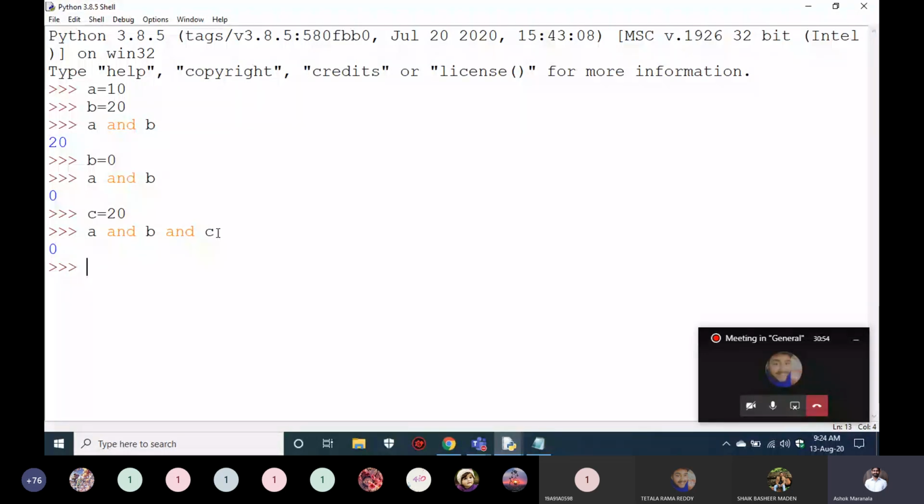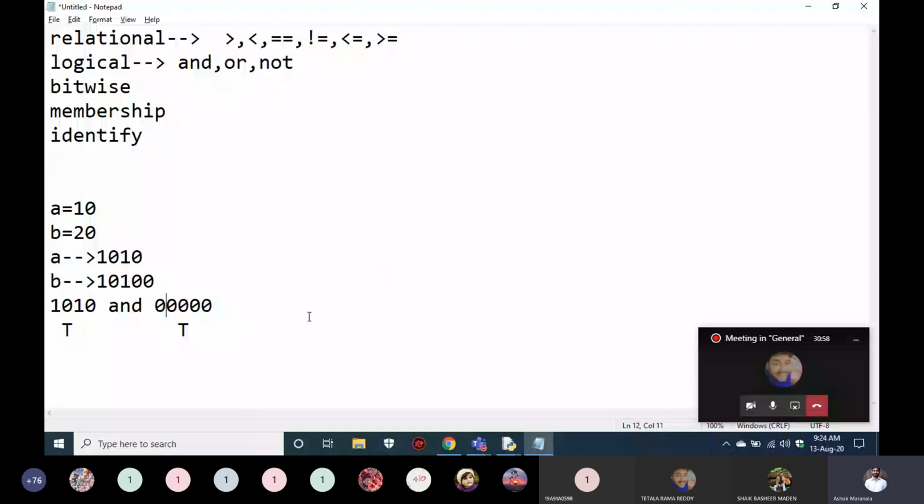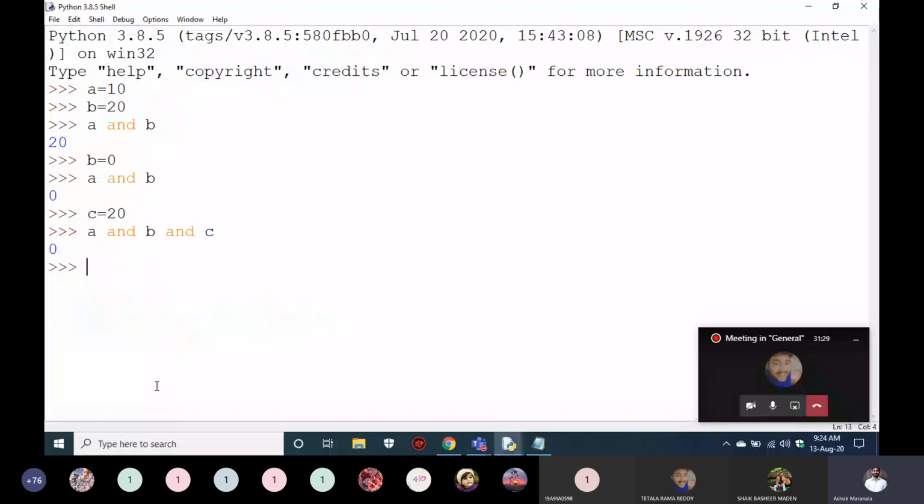So how was this condition checked? Now it went to AND, and it converted to binary. If this is false, there is no at least one bit there. So it finds false there, so it breaks there and it printed 0. It broke there because there is no at least one 1 in the binary representation of 0. So it finds false, it doesn't go to check the next statement, it breaks there and prints that, right? That's what we have discussed. You got the point?